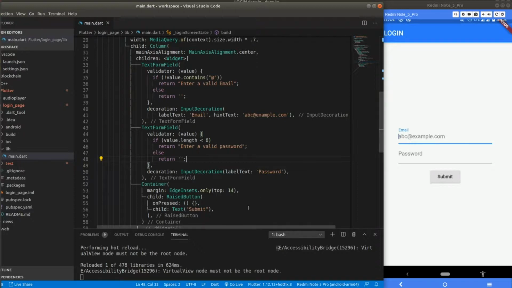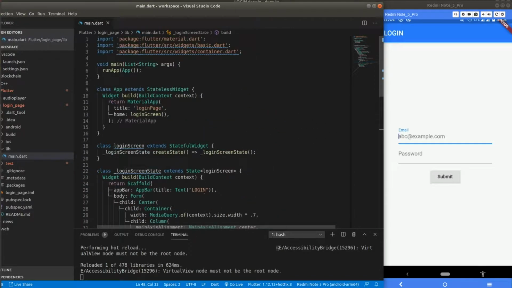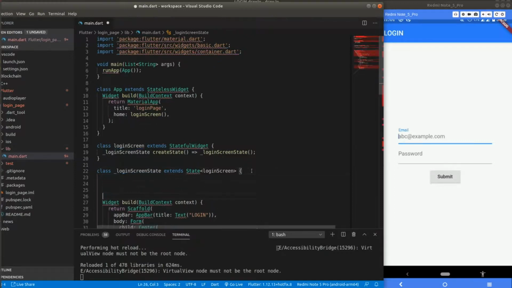We need to do something. I'll show you what. We need to define a key. Now you'd be like, what's a key? We won't be covering keys in this video, but in the next 2 or 3 videos I'll be covering keys, so I'll explain it to you over there. For now, think of a key as something that helps the app to validate the form. There are various kinds of keys, so we are going to use a global key